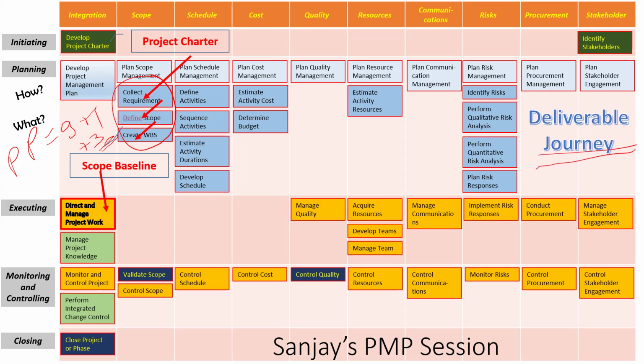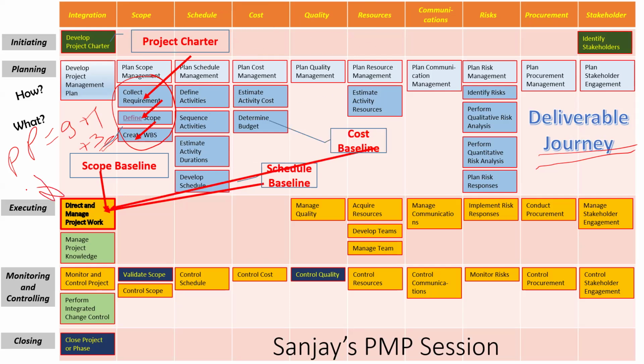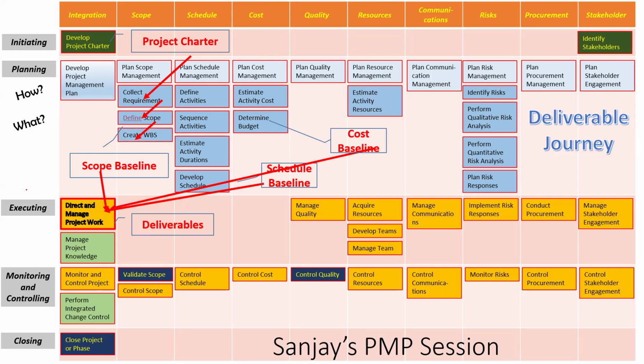And remember, we are not going to talk about schedule baseline and all that because the current animation is about the deliverable journey. So scope baseline goes to the executor, the people who are going to do the work. Schedule baseline is created by this process using the same thing, and goes here. Cost baseline comes and that also is used. He takes the project plan as an input. So it has 3 baselines which are coming for you to do the execution. And he ends up creating deliverables. Is that right, friends? You remember I was saying that the different font and highlight given to Direct and Manage Project Work is because that is the process which creates deliverables. Correct, friends?